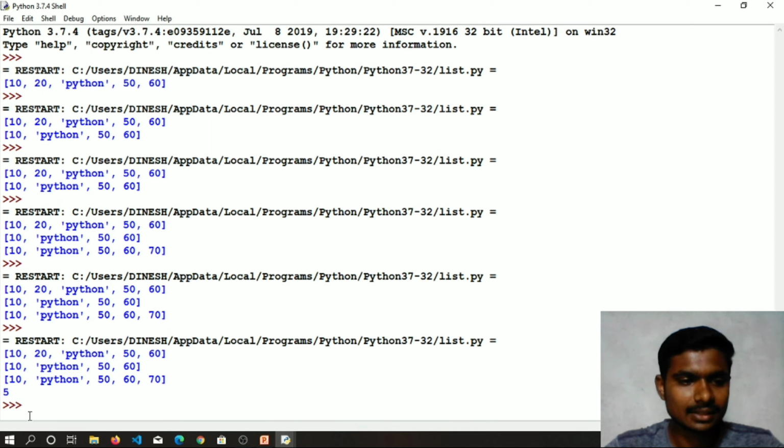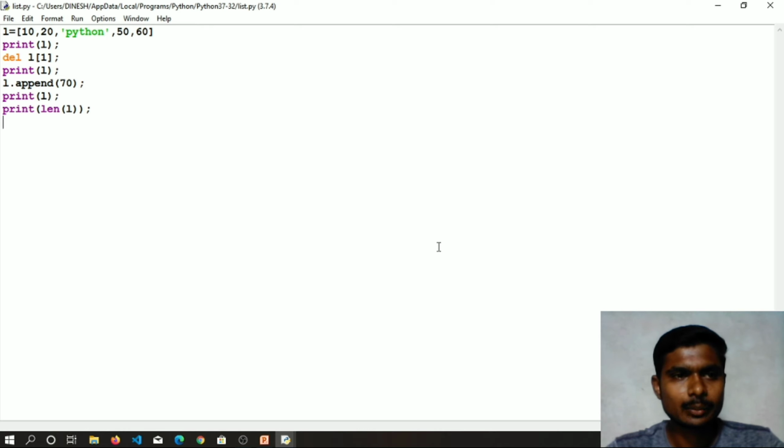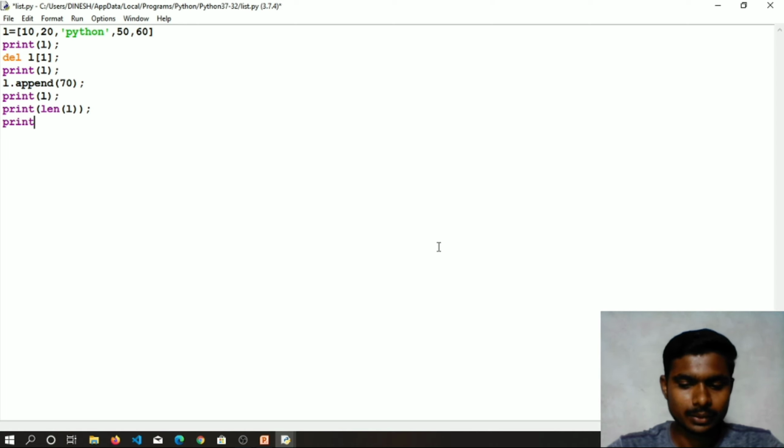Next operation, now suppose I want to check whether some element is present in our list or not. For that there is one operation, let's perform it. Print, suppose now I want to check whether 50 is present in our list or not. So I will write here 50 in our list L. So now this will return us true or false.